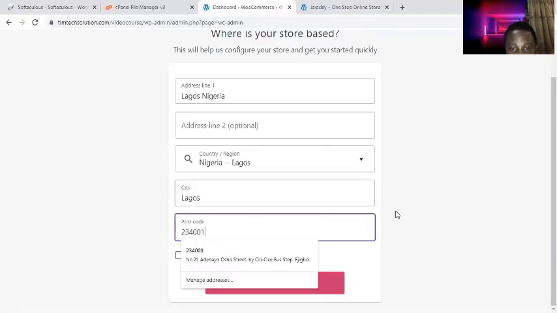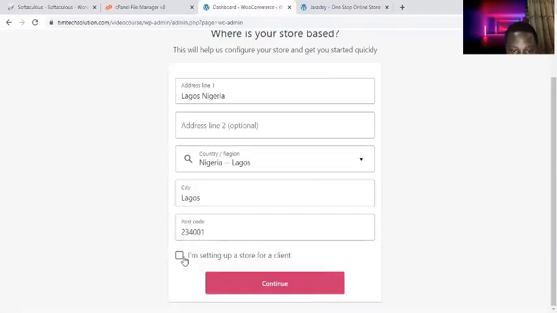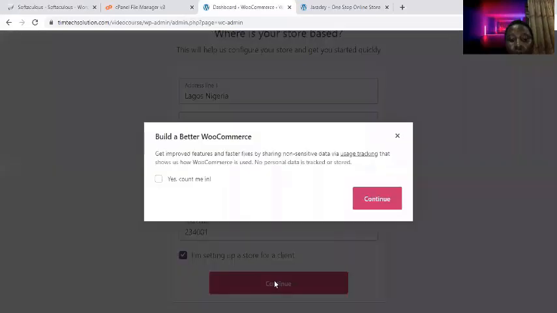All right, so you have your postcode there. Whether you're setting up a store for a client or for yourself, you should know this information. All right, so we're going to set up: build a better WooCommerce, get improved features and fast